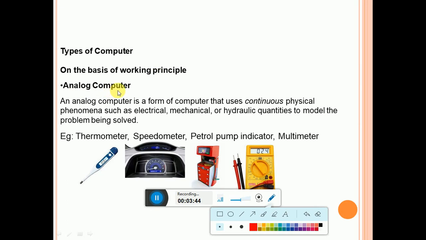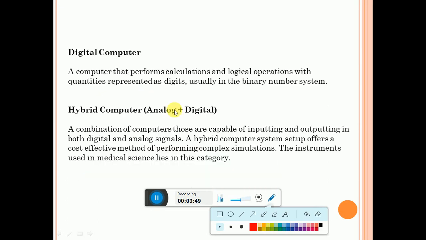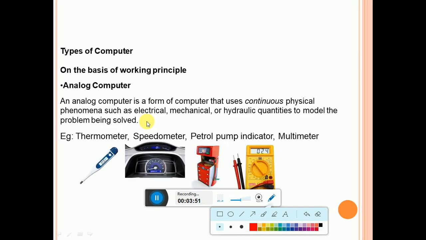The first one is called analog computer. An analog computer is a computer that uses continuous physical phenomena. It is going to give you a continuous value. Have you seen a thermometer, how it shows? 92, 93, 94.